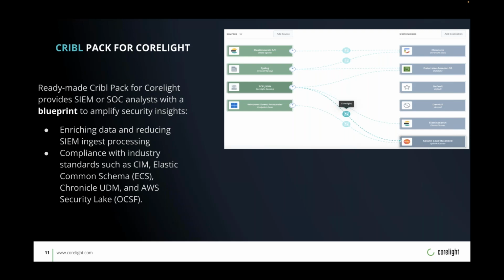sources: Elastic API, which means the beats agents. You see syslog data coming from firewalls. You see data coming from Corelight sensors specifically, and we're also collecting Windows endpoint data through the Windows event forwarder mechanism in this case. So basically, what we're doing here, if you focus on the bottom of the